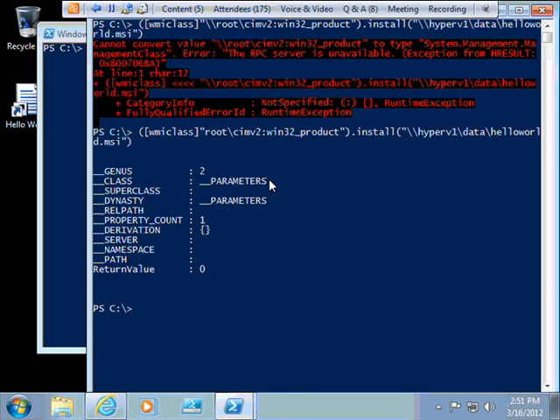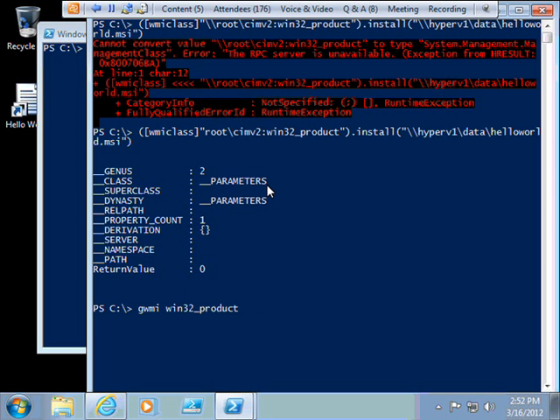Now, what I need to do is to uninstall this software. And to uninstall the software, I actually have to have 3 pieces of information. Those 3 pieces of information are the class key and the name and the version of the software. And that's information that typically you're not necessarily going to know. So if I use Get-WmiObject Win32_Product,